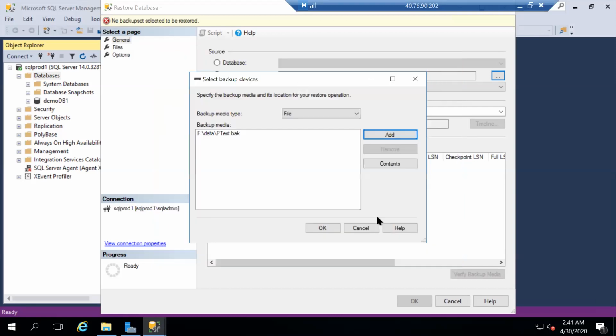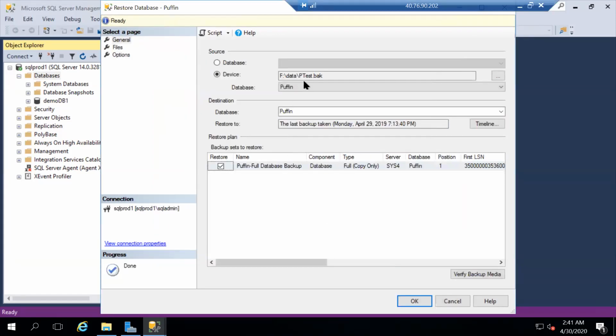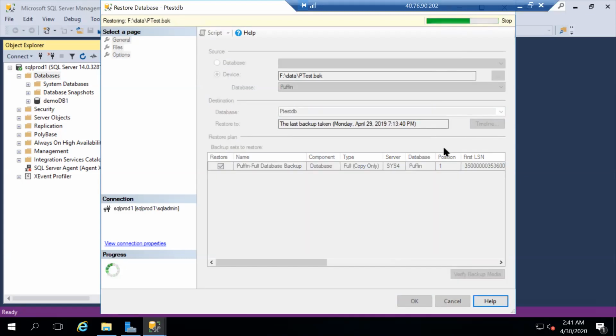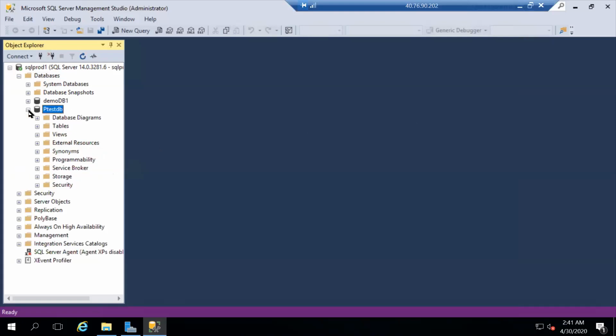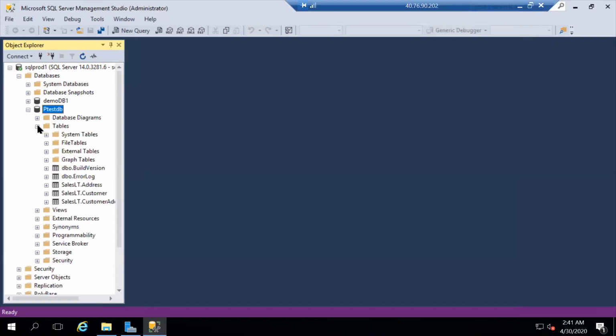Yeah, here is my file, so I'll make it as an... okay, so just restore it. This is a simple file, less than 1 MB. That's what I copied, copy paste it. If it is in gigabytes, it is going to take much time. This is pretty much it. This is my backup restore option.